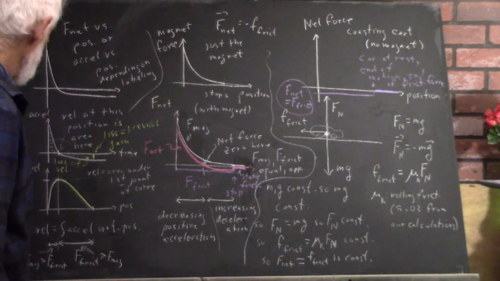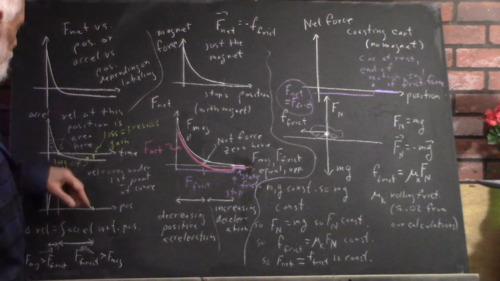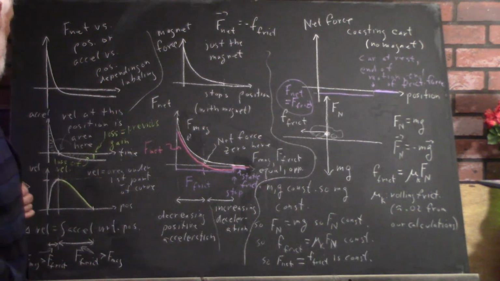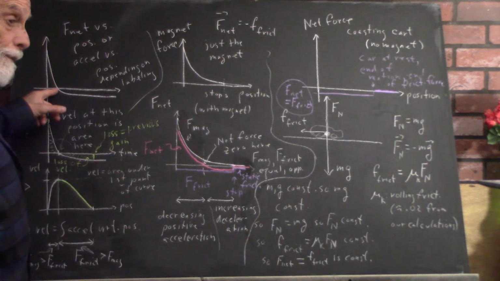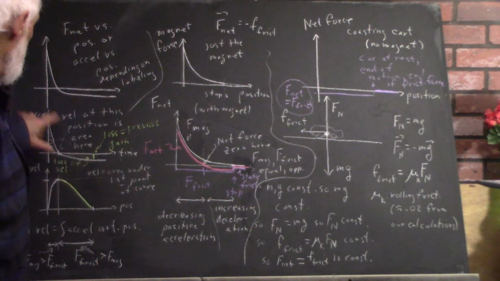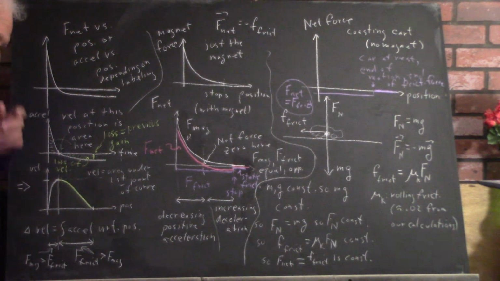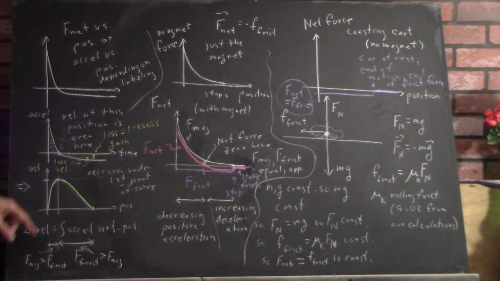So your acceleration versus time is not going to look exactly like this graph. It's still going to have the same characteristics. It's still going to be zero when the net force is zero, but that's going to occur at some time. If you integrate this curve with respect to time, the area of this part is going to end up being equal